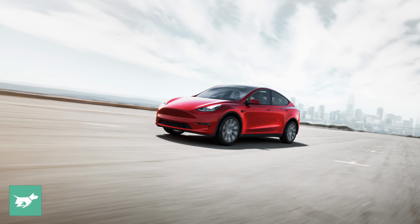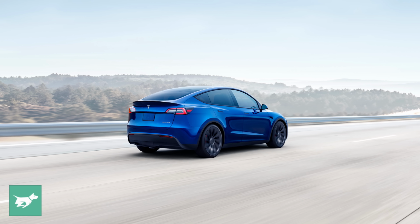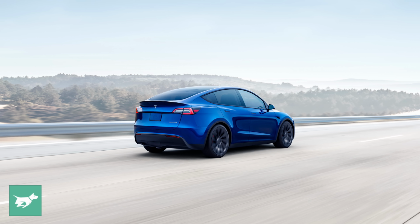So the arrival of the Model Y, with our penchant for SUVs, and the fact that it is just advancing that game a little bit more than the Model 3, means that Tesla could really make inroads into the Australian market. Not saying that it hasn't done so already, but it could really just cement itself as the EV supplier for Australia. So it's going to be really interesting to see what happens. And of course, it's going to be really interesting to see how it drives, which we haven't done yet,